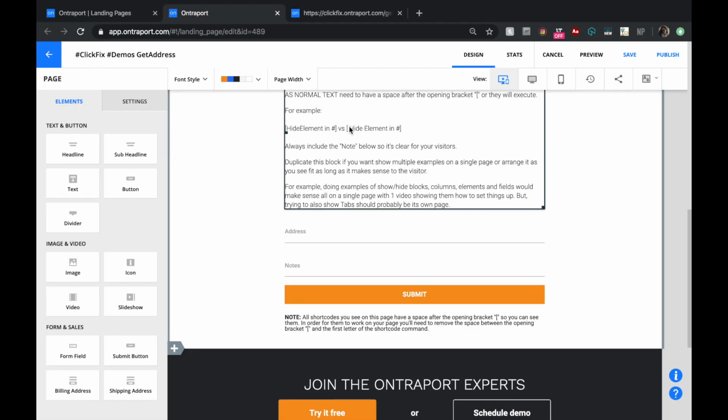Hey everyone, this is another ClickFix shortcode tutorial, and in this tutorial you're going to learn how you can use a shortcode to make your user type in their address faster so that they don't have to type in their entire address. They just start looking for their address and a Google search will look for their address and type